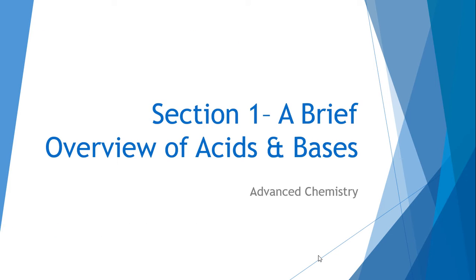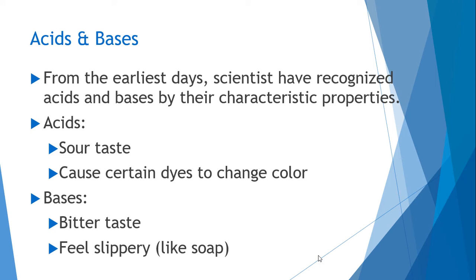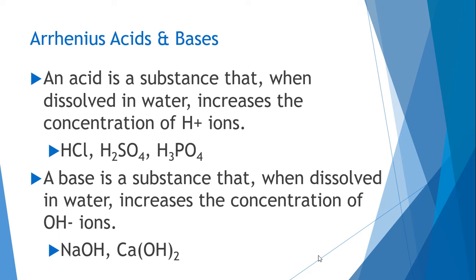So, section 1 is actually very brief, and it gives the definition of acids and bases through the sense of Arrhenius. So, from early days, scientists recognized that they have their own characteristics. We've talked about acids being a sour taste. But bases tend to have a bitter taste and they have a slippery feel like soap. Now, Arrhenius was a scientist who gave one way to describe acids and bases. And this isn't the only way to describe them, as we're going to see later on in the lesson. These two definitions are actually ones I would have written in your notes. So I'm going to go ahead and star these.